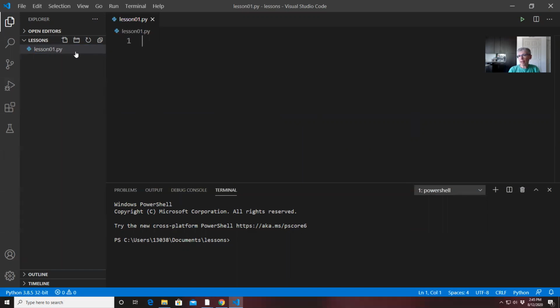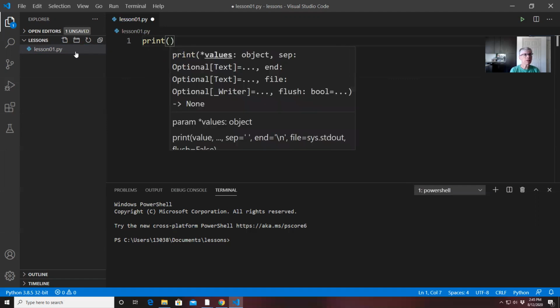And we're going to do the classic hello program right now instead of hello world. So if you want to print something out to the screen, right, the Python function is print. I'm also working in Python 3.8.5, so Python 3, and that's what we'll be using in this course. Right, so print, and then we need parentheses. And so I hit the left parenthesis and the code editor, because I've set up the Python extensions as I've asked you to do,